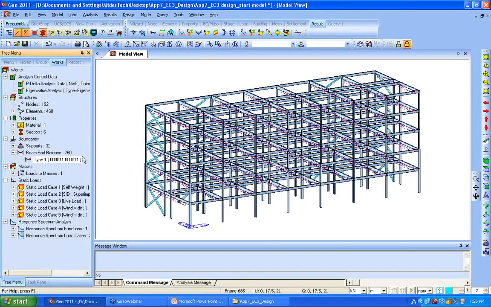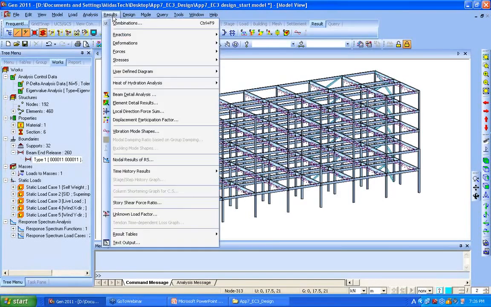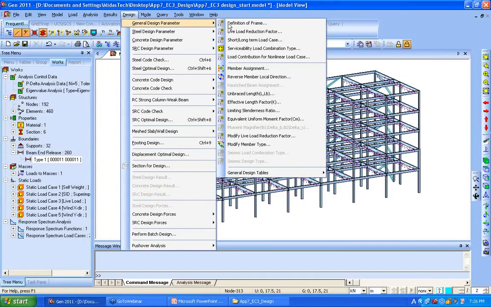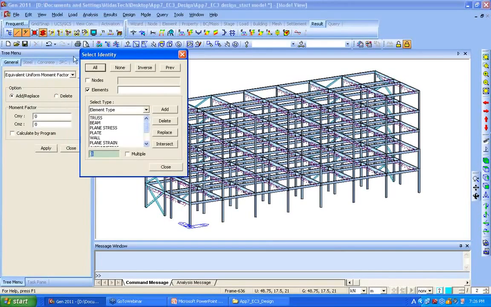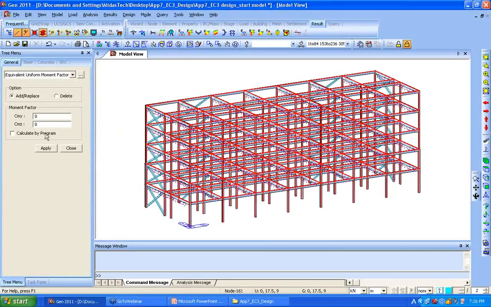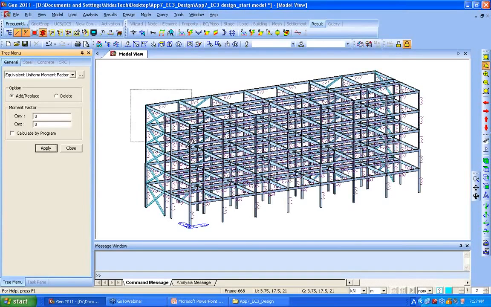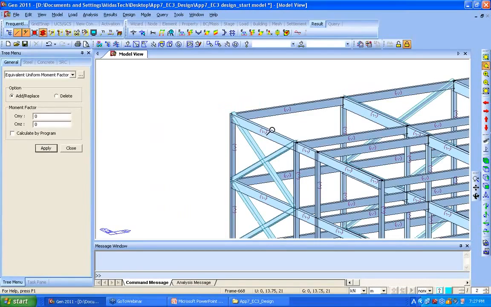Okay, then let's enter the equivalent moment correction factor. Go to Design tab again, General Design Parameter, and go to Equivalent Uniform Moment Factor. This function is an adjustment factor for the moment magnification factors. So once again, select this one. Select identity, this window box, and in my case, I will only apply for the beam, and click calculate by the program and apply. The uniform moment factors are applied here,